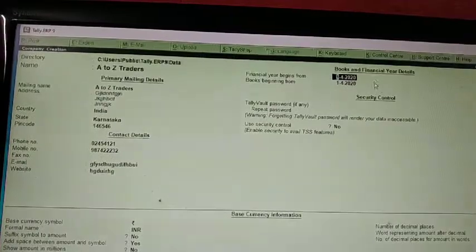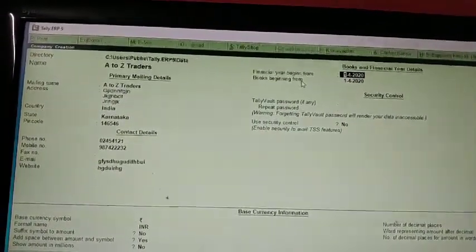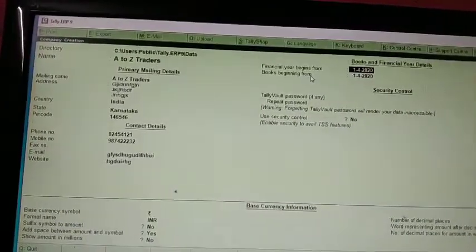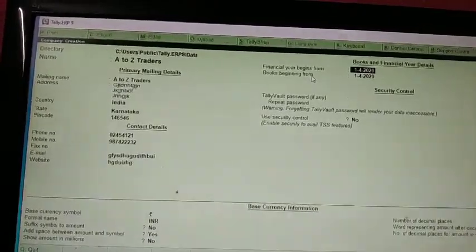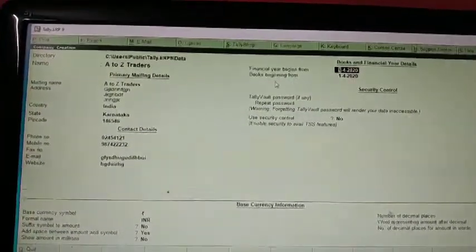So the ending date you need not give, only the beginning date. This is a one-time entry. If your company is proceeding with the next year, the financial year will appear automatically for the next year. You don't have to change the financial year later on.